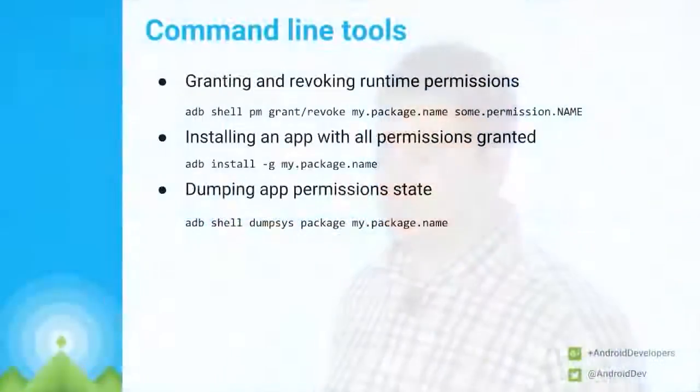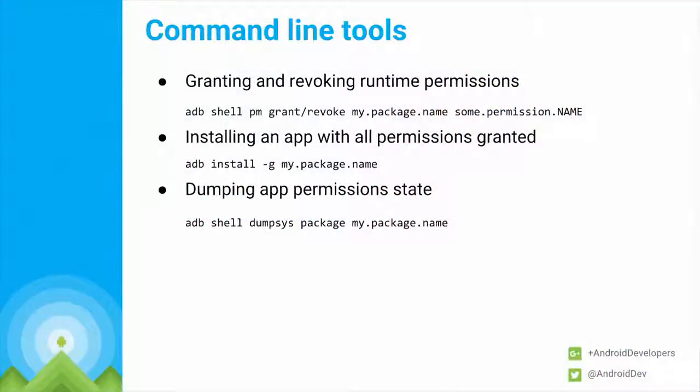There are some command line tools that are very useful. Some of them are adb shell pm grant and revoke. You can use this to grant and revoke permissions to your app, which is very useful during development. Instead of having to manually approve the permission every time, you can literally grant and revoke permissions from the command line. Another thing that's very useful for developers is if you want to install the application with all permissions granted, you use the familiar adb install with -g, which means grant all permissions, specify the APK, and